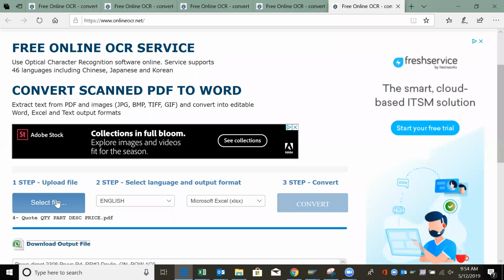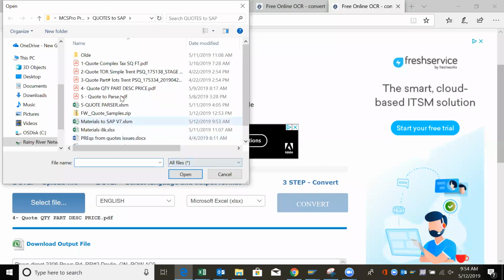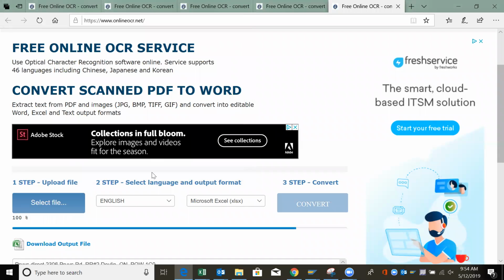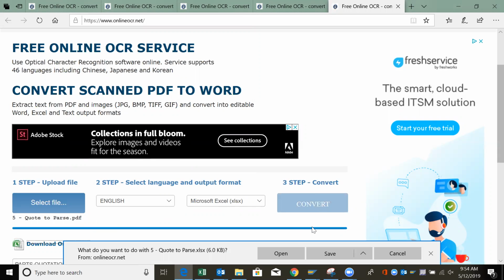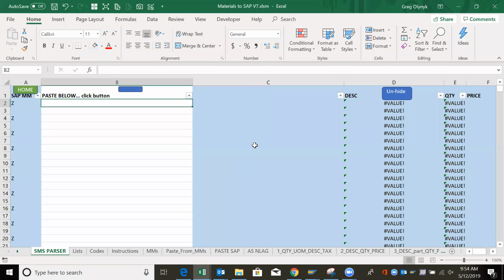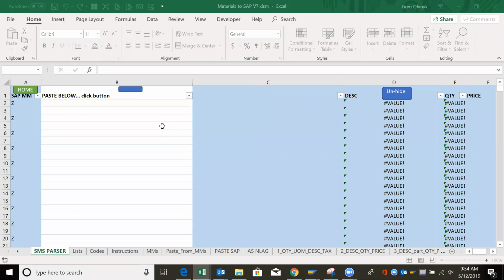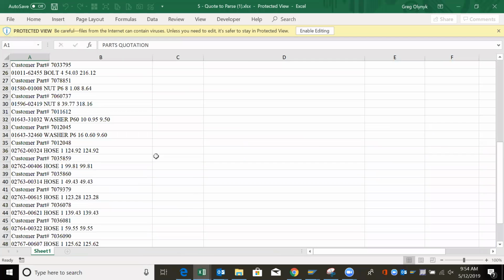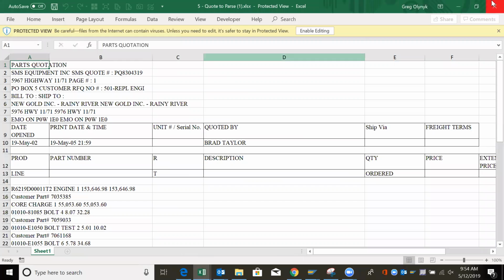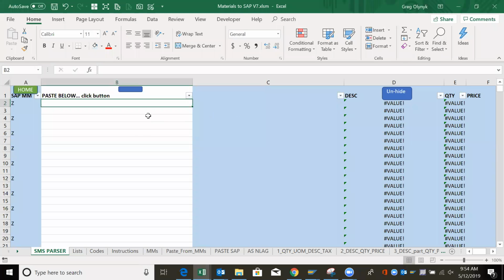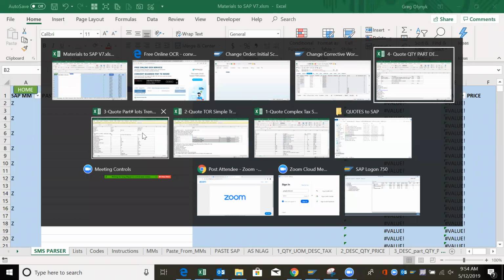The file for that kind of quote has many, many pages in it, and the data doesn't come across very nicely when it converts it. So let's just show you how it converts it. It only converts the first page, so this tool doesn't do a very good job. So that's no good. What I need to do is open the template